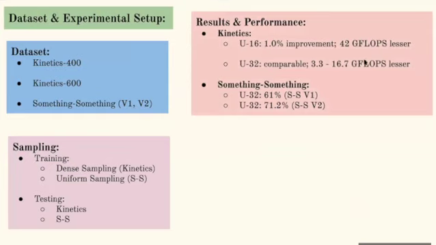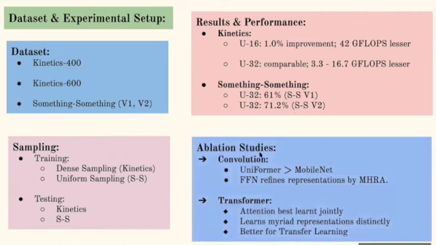So coming to the results and performance, they do see a huge computation drop of 42,000 gigaflops. For the 16 frame, the smaller version, the improvement is just 1%. But for the bigger one, I don't think they have given a number for it. It seems they say it's a comparable improvement, so I suppose it is less than 1%. For the bigger model, the 32 version, they achieve an accuracy of 61% on version 1 and 71% on version 2. They did an ablative study to understand,